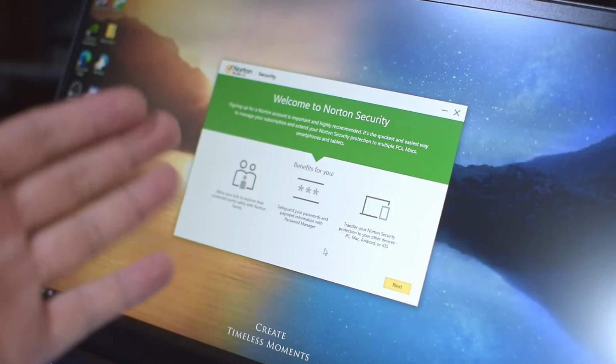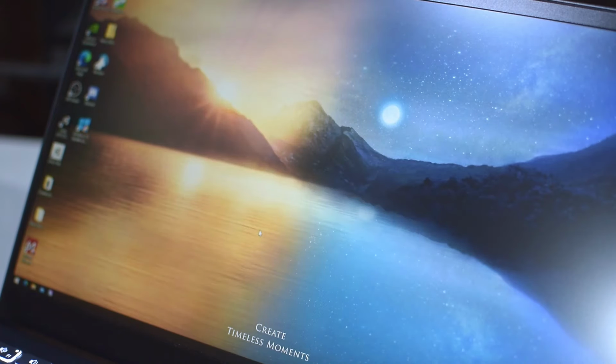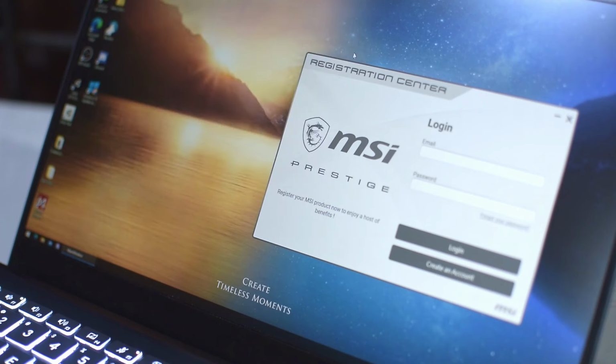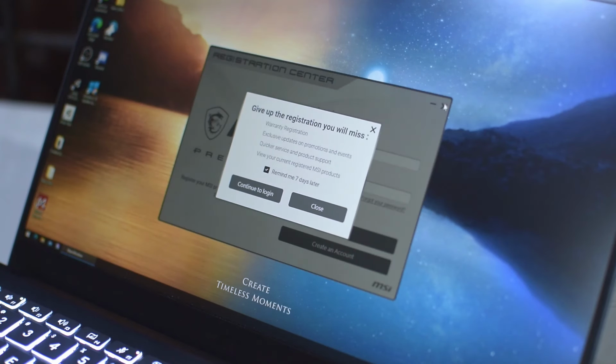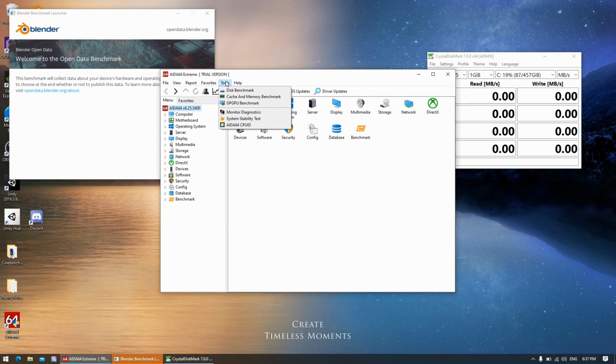Just about the only thing I didn't really like is the inclusion of Norton Home Security, but I mean, that's just more of a preference because I don't really like Norton, and MSI Image Recovery Backup. That one is just annoying, as until you disable it, every time you boot up your PC, there's a notification that pops up. All in all though, none of those pre-installed software had any perceived effect on the usage of